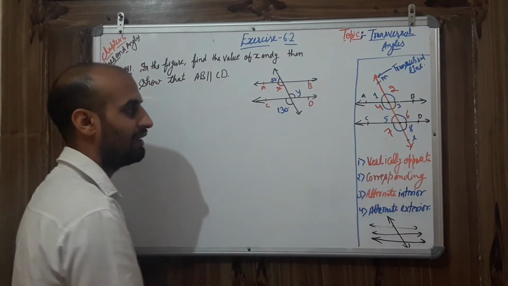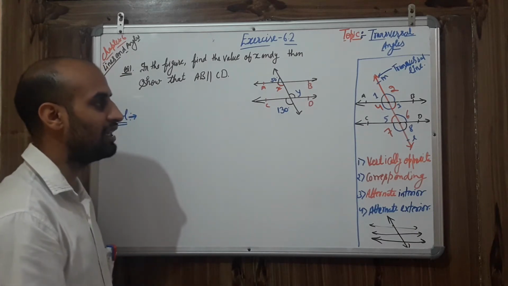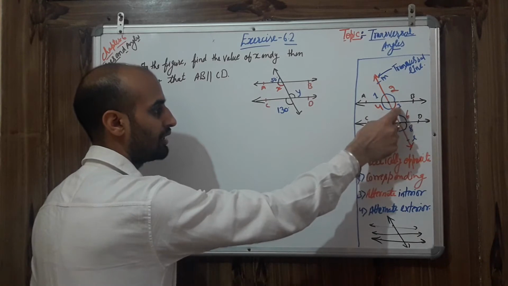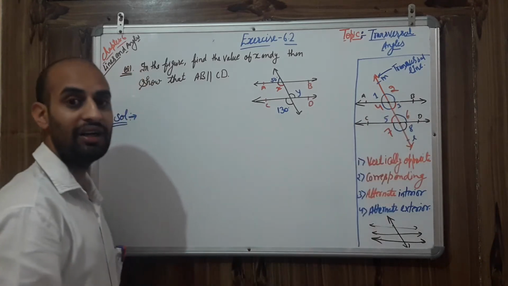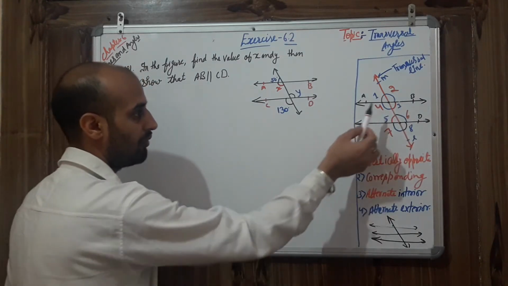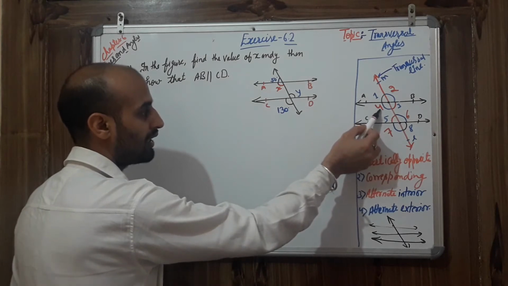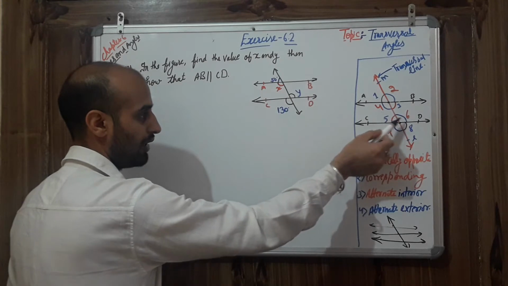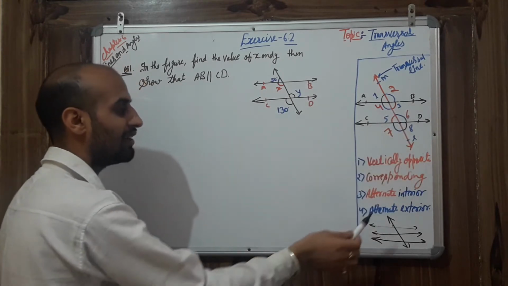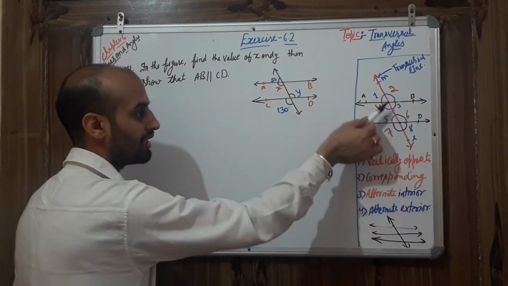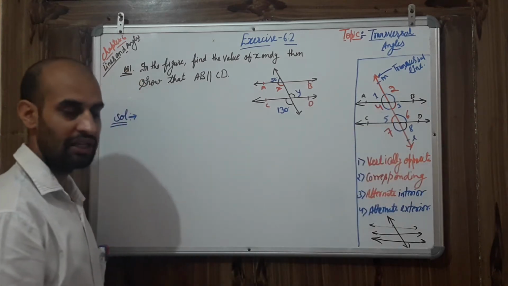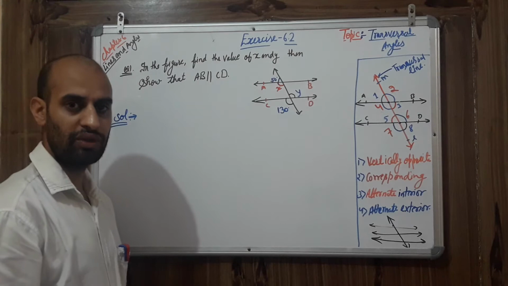Then alternate interior. First you must know interior means inside these two lines. So inside angles are 4, 3, 5 and 6. Now alternate means after leaving 1. If I am talking about 4, so alternate for 4 is 6. Alternate interior for 3 is 5. 1 we need to leave. Similarly, alternate exterior. Those are outside these two lines. So 1 and 2, 7 and 8 is outside. So these definitions we are going to use today.